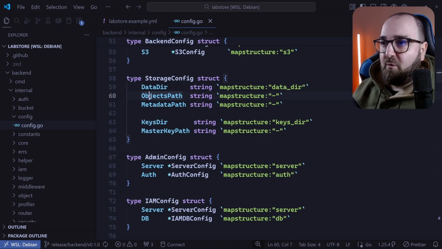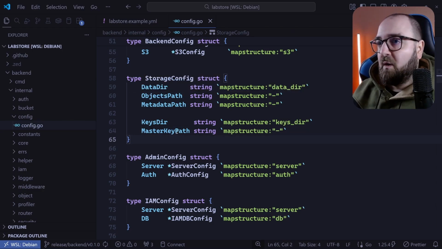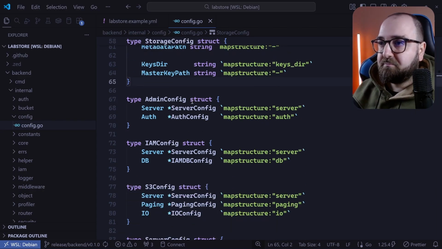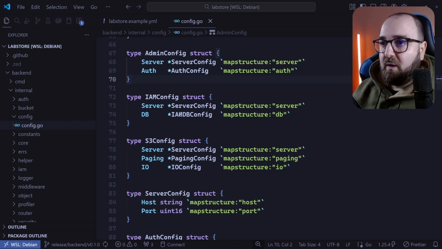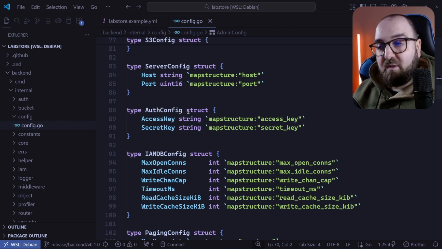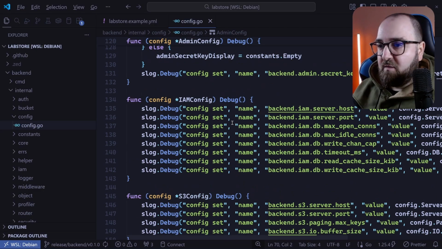As you can see, we have a few settings that we don't read directly, we set them internally. For instance, the objects path and metadata path, or the master key path, which are derived as just subdirectories or files within the directory that you set within the config. And then we've got the server config over here, the IAM config over here, our database configs, etc., etc. Then these are just debug messages,